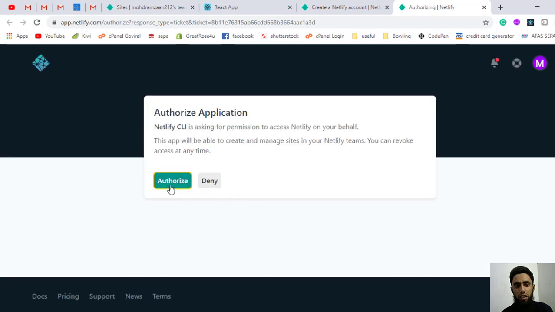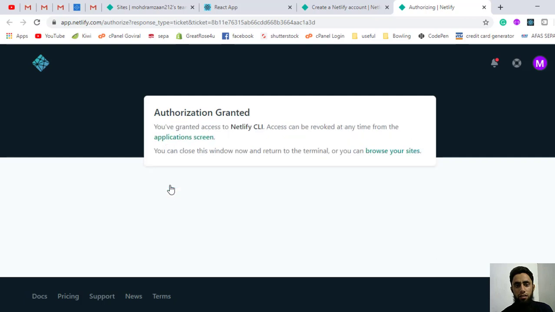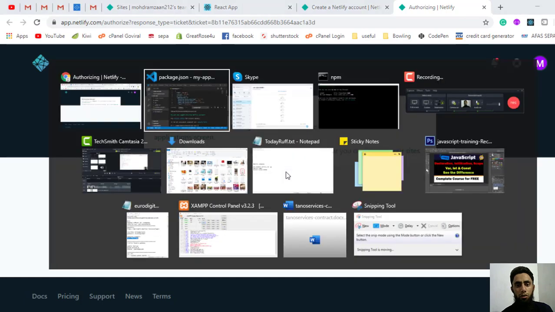Here you have to click on authorize. Authorization granted. And now you return back to the terminal.